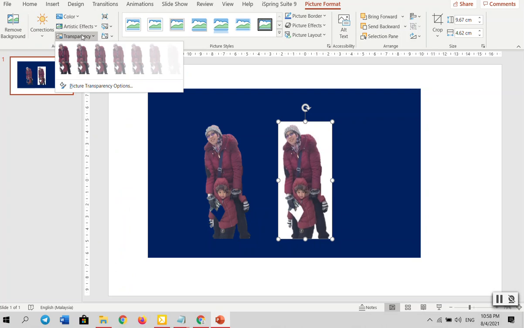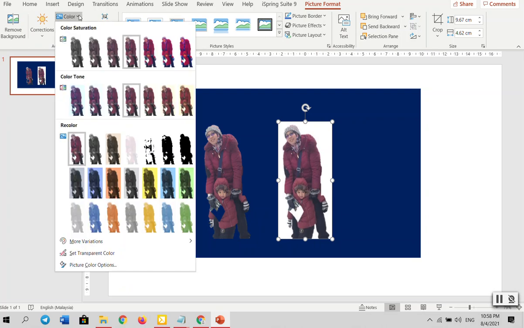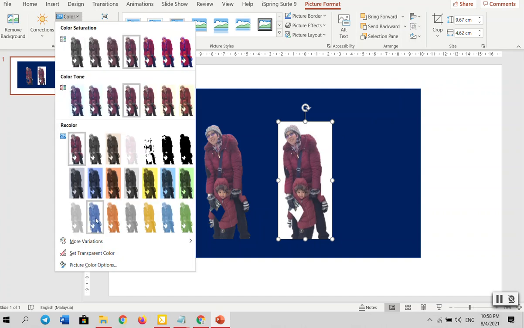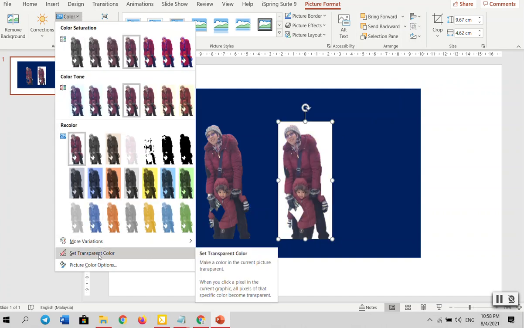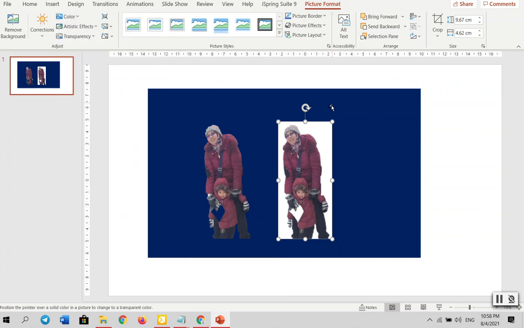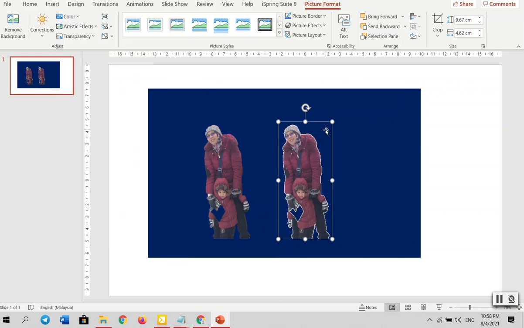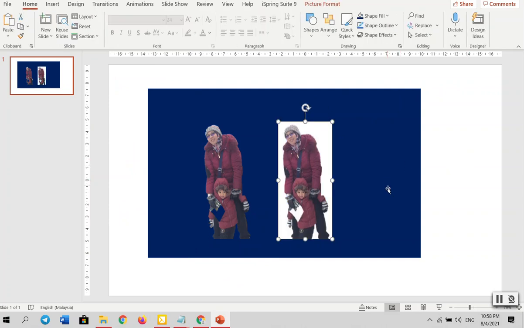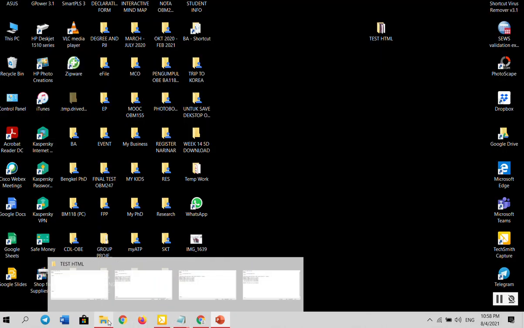Can you see the word transparency? The word color, you choose color, and then you have set transparent color and clear the background. Yes, you still can have a clear background. Again I repeat, when you save as JPEG, I'm going to open the